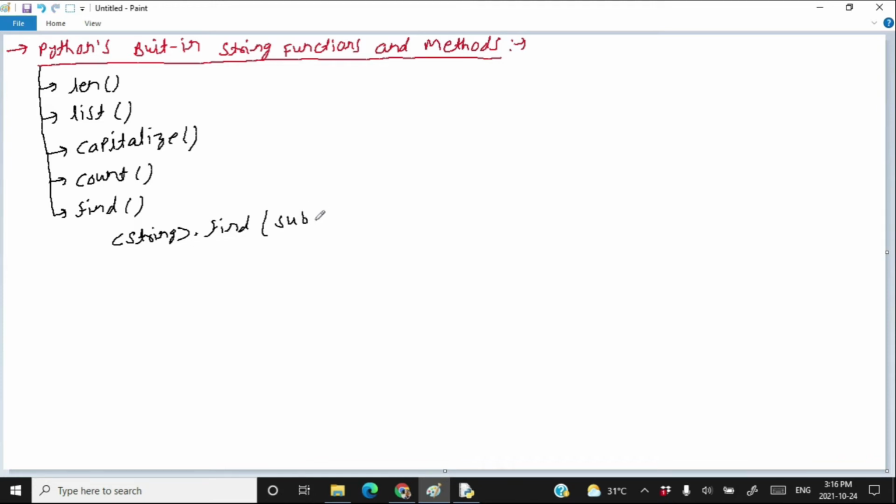You have to start finding the substring sub from the index start, and you can go up to the index end. Between start and end minus 1, you have to find the substring sub in the string. Again, here the start and end arguments are optional, as it was with the count method.